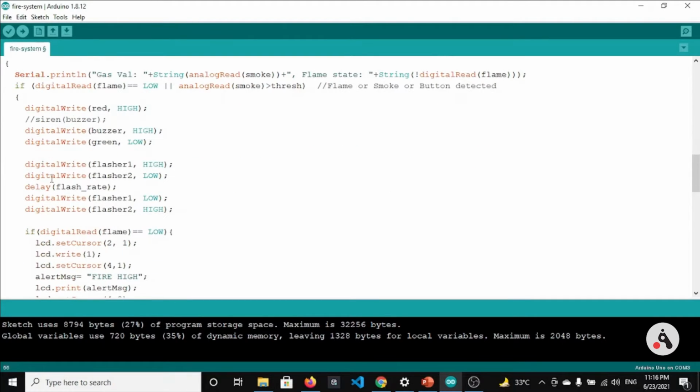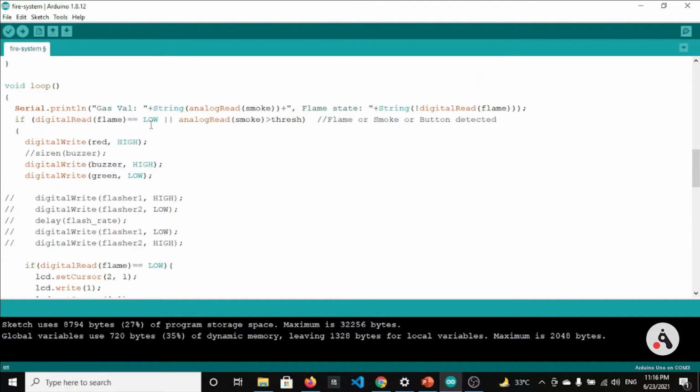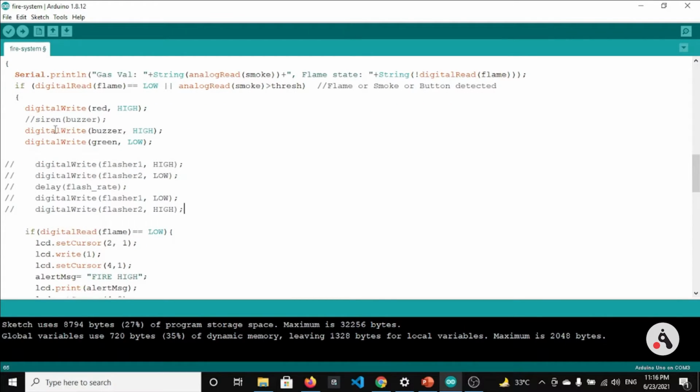In this, we have written a few lines of code that we can ignore because we haven't used them in our project. Digital read red high. So if fire is detected by any of these conditions, whether by flame or by smoke, we will turn on the red LED, the red status LED.